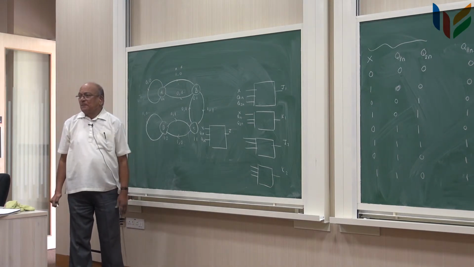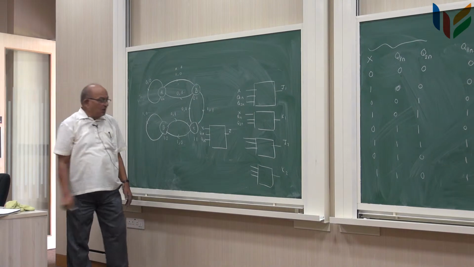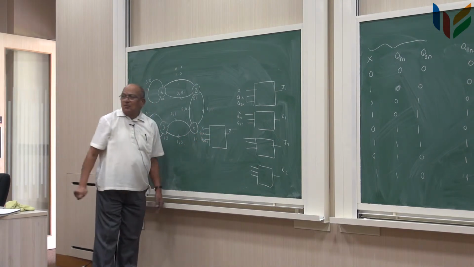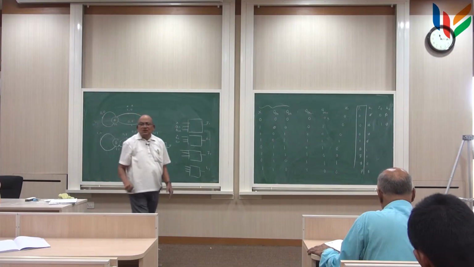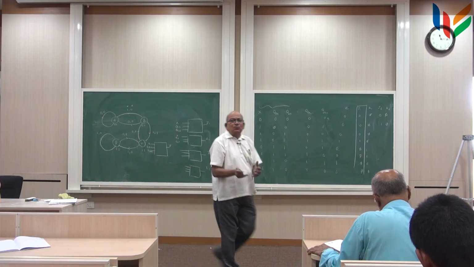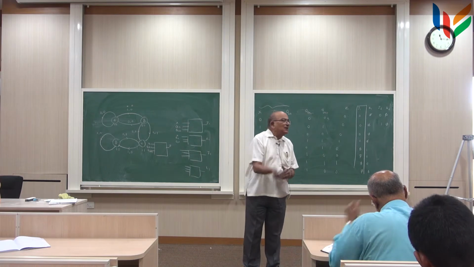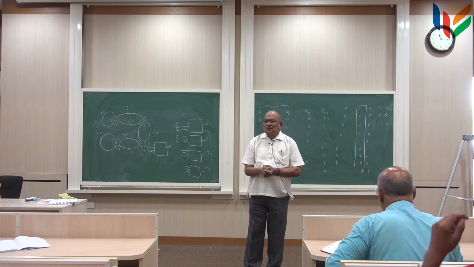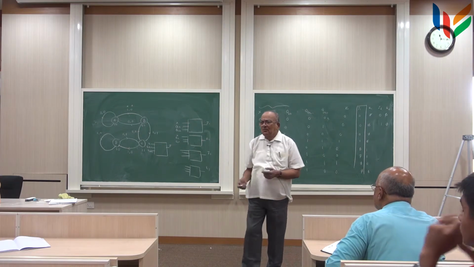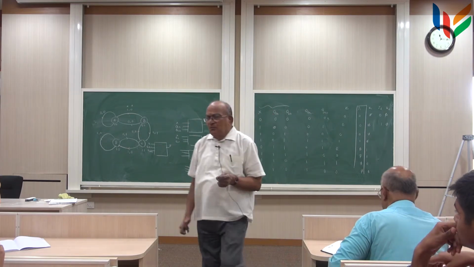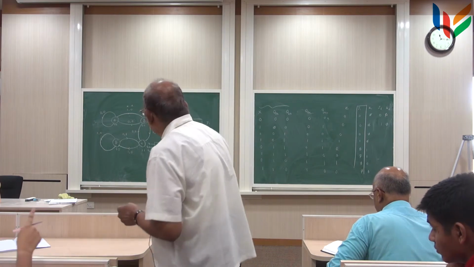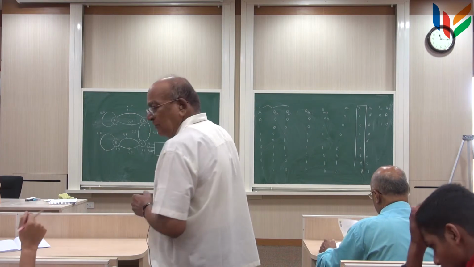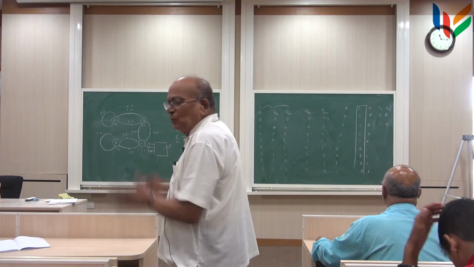And for the output you will have to use Q1 n plus 1. The output comes after the input is given, so after the state has changed. Which one? Input of J1. For the Z or J1? No, they are all because I'm changing. I'm in this state, I'm moving to a new state.